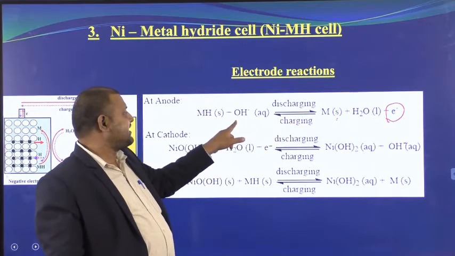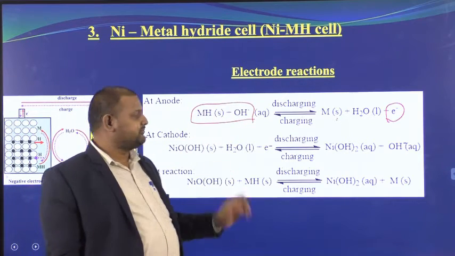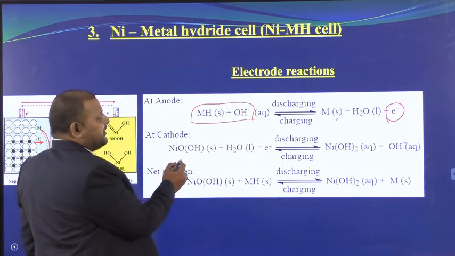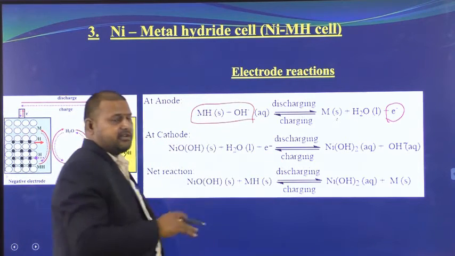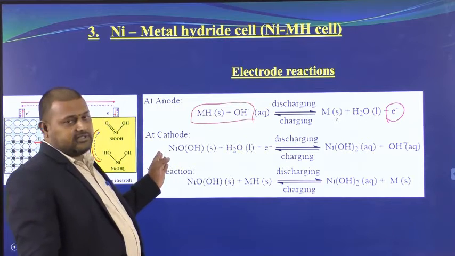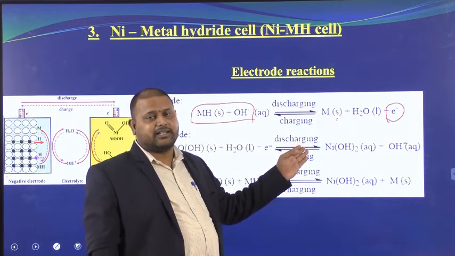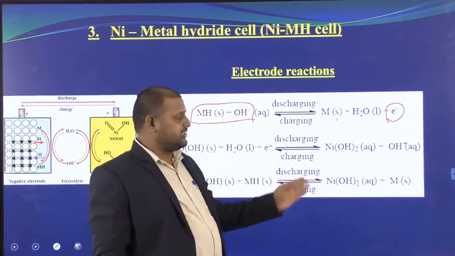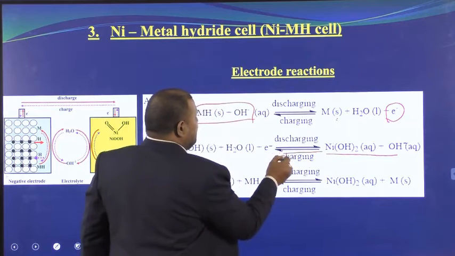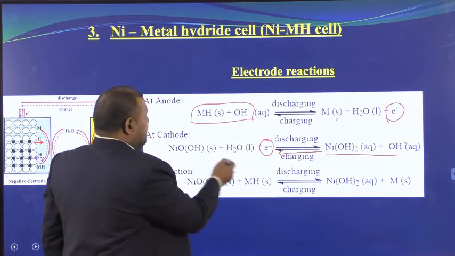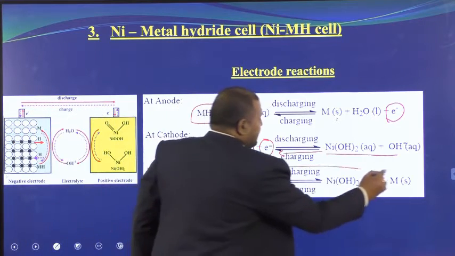So while charging, the reaction is completely reversed and all the reactants have been formed. Similarly, at the cathode, what happens? The forward reaction takes place during discharging. While you are utilizing your phone or using the camera, the forward reaction takes place. Once the batteries are completely exhausted, you keep them for recharging. Then what happens? Nickel hydroxide and OH minus combine to form this electron again, and here the overall reaction is reversed. So this is a reversible reaction.